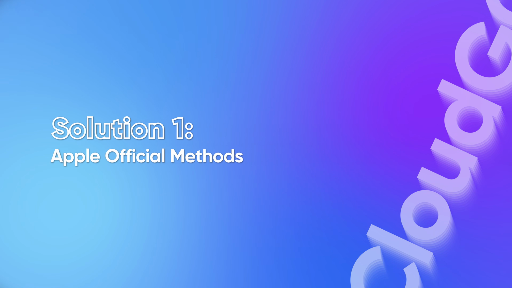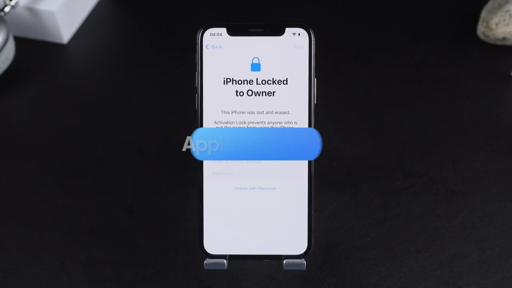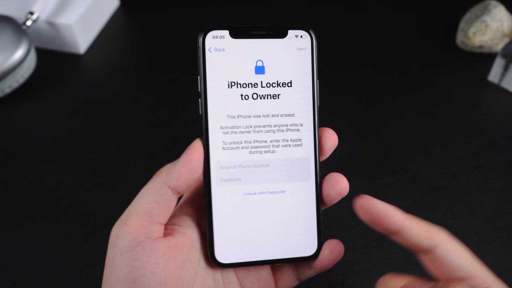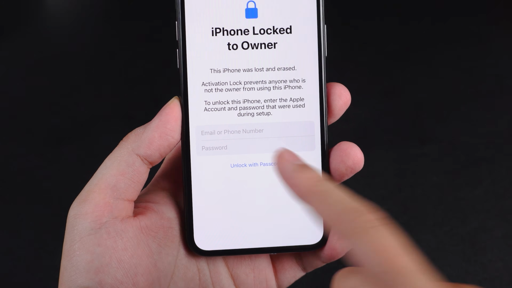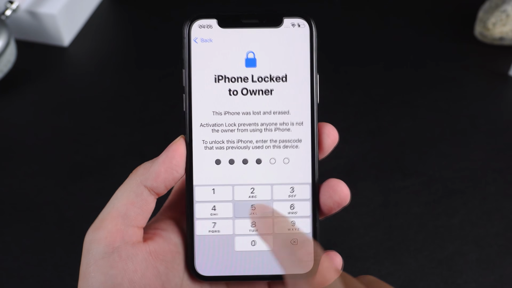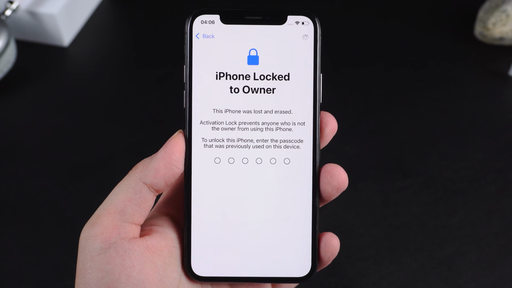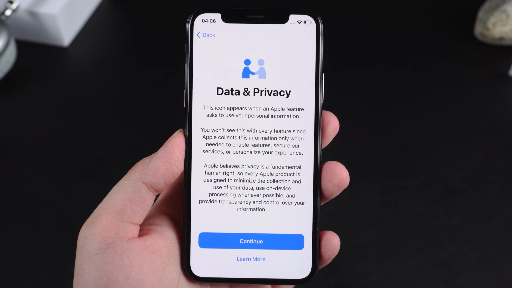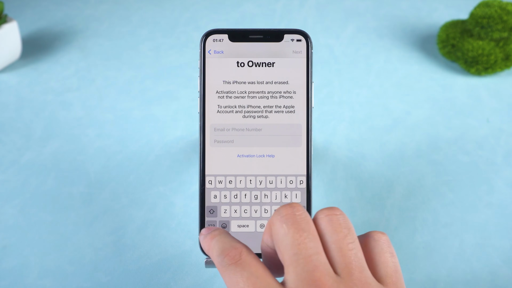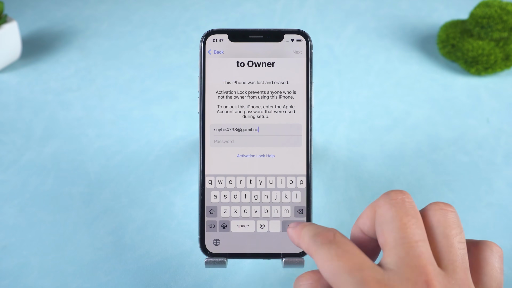Solution 1: Apple official methods. The safest way is still through the official system from Apple. When you see the iPhone Locked to Owner screen, first check if there's an option called Unlock with Passcode. If that option is available, you can use the device passcode that was previously set on the iPhone to complete activation. If you don't see that option, then you'll need to sign in with the original Apple ID and password